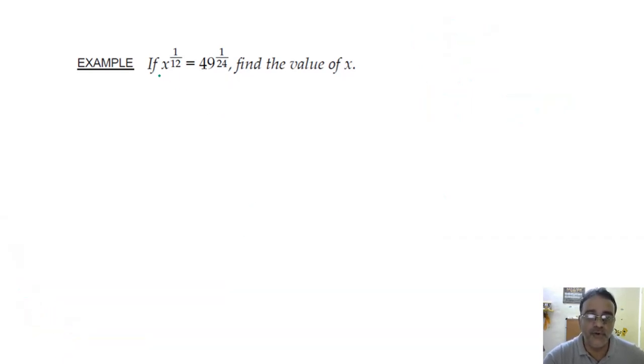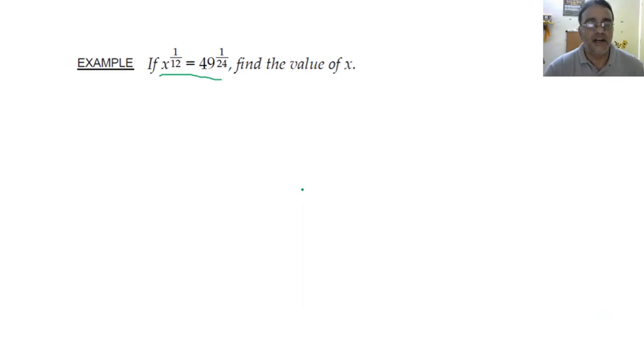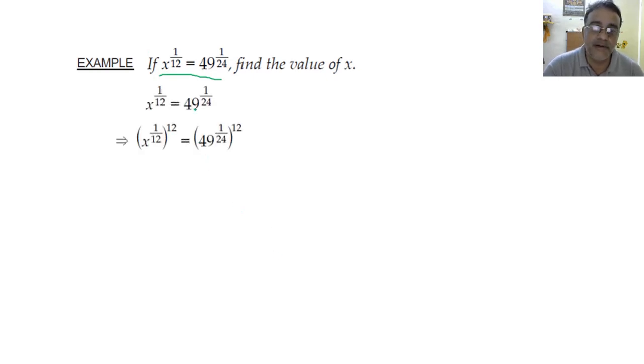Now what you have to do for this? What will be your first step? अगर इक्वालिटी में दोनों का बेस सेम है, you can compare the powers. If the powers are same, you can compare the base. So यहाँ पे x base है. So what we will do? We will take to the power 12 on both sides. ठीक है, दोनों साइड 12 का पावर ले लेंगे ये 12 हटाने के लिए. वेरी सिंपल क्वेश्चन. Again, which property we have to use for multiplying the powers?